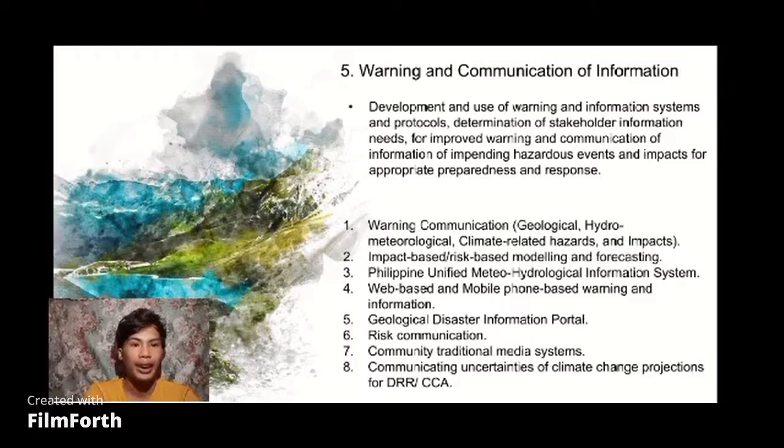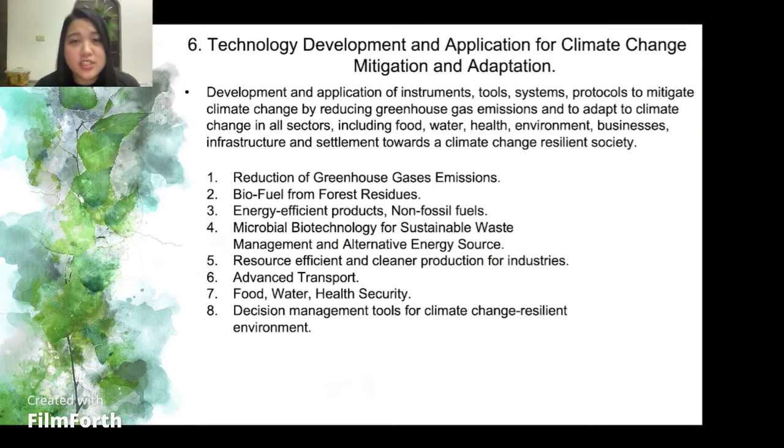Sixth is the technology development and application for climate change mitigation and adaptation. This is the development and application of instruments, tools, systems, and protocols to mitigate climate change by reducing greenhouse gas emissions and to adapt to climate change in all sectors, including food, water, health, environment, businesses, infrastructure, and settlement, towards a climate change resilient society. So these include, number 1, reduction of greenhouse gas emissions, number 2, biofuel and forest residues,